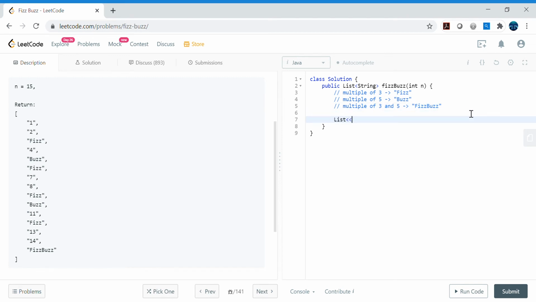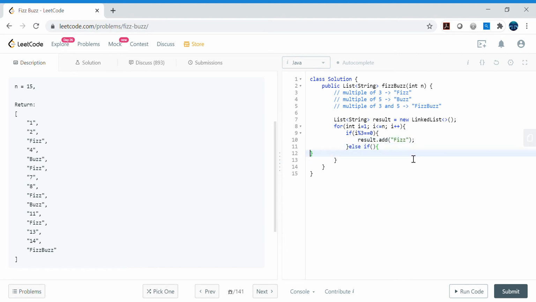Let's go ahead and quickly check so that it will be a little bit clear. We don't need the bytecode for this problem because this is fairly straightforward. So I took one result array that will serve as output for me, and I do integer i equals 1, i less than or equal to n, i plus plus, and let's say I followed this sequence. If i percent 3 equals 0, then this would be result dot add Fizz,